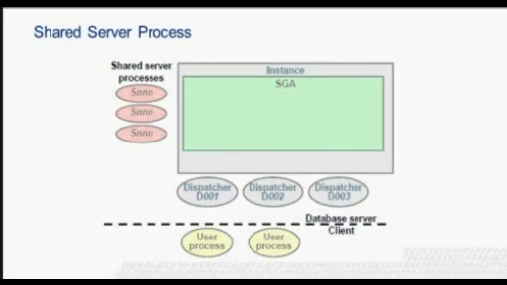Service registration does not require configuration in the listener.ora file. A dispatcher can support multiple client connections concurrently. Each client connection is bound to a virtual circuit. A virtual circuit is a piece of shared server memory used by the dispatcher for client database connection requests and replies. The dispatcher places a virtual circuit on a common queue when a request arrives. A shared server picks up the virtual circuit from the common queue, services the request, and relinquishes the virtual circuit before attempting to retrieve another virtual circuit from the common queue.